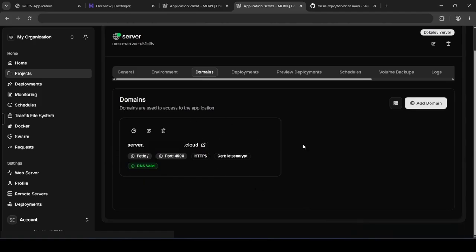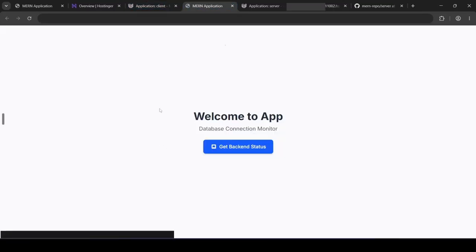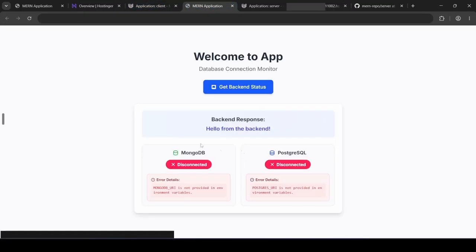Yes, it's working. And now if I click this, yes, as you can see, MERN server is running. This is like the default message I ended up adding in the backend, which means that my domain name is now connected to my backend. Now let's do the same thing for the front end. Yes, as you can see, it is working. And yes, it is connecting to my backend. Don't worry about this. This is going to be a separate tutorial. I'm going to show you how you can connect your MongoDB and your Postgres database